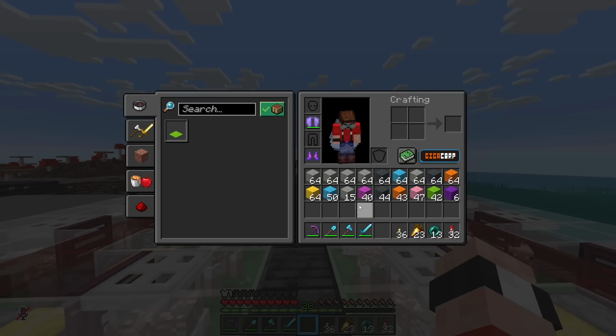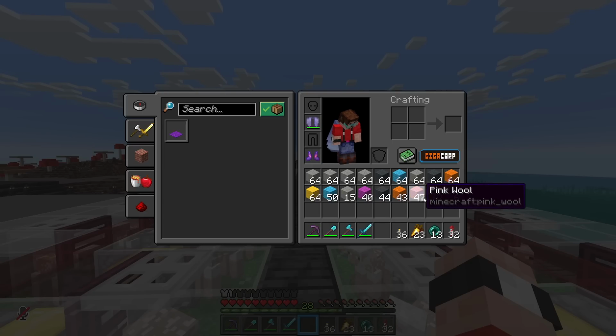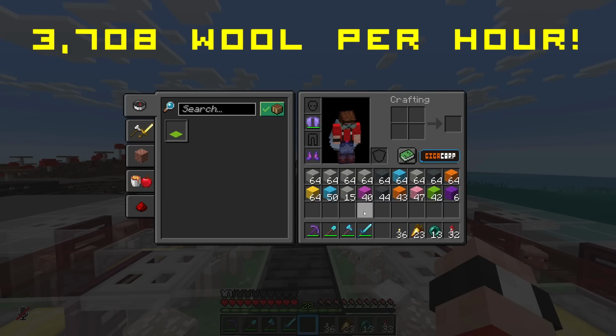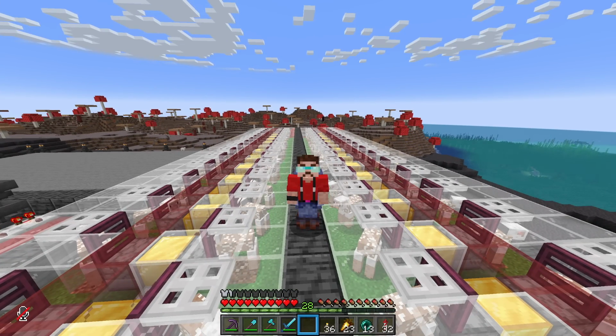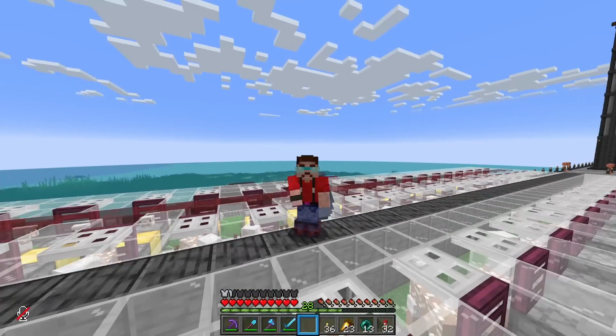The total number of wool snipped in 15 minutes at our wool farm is 927 snippages. Now, we times that by 4 on the calculator. That is going to give us approximately 3,708 wool per hour, which means to get 38,000 wool, we need to AFK here for roughly 10 hours, which